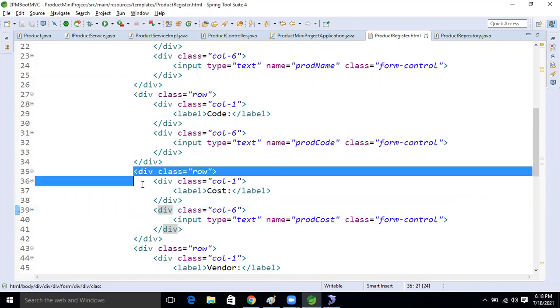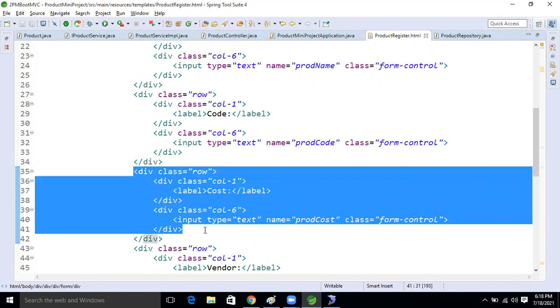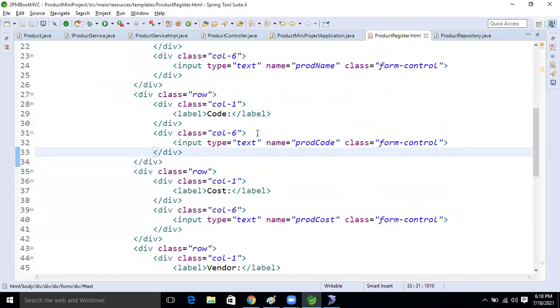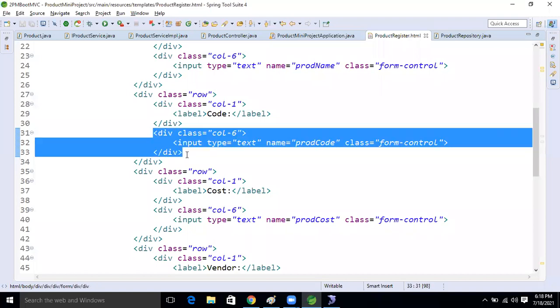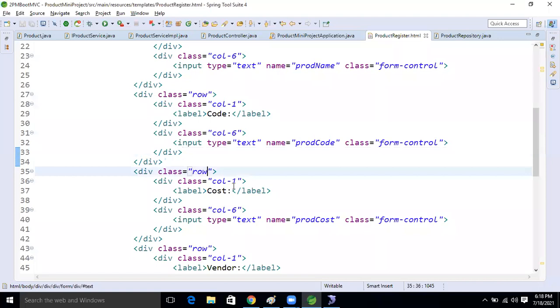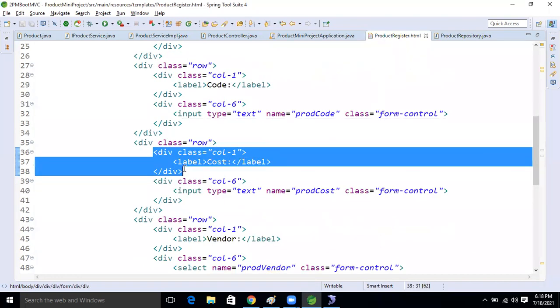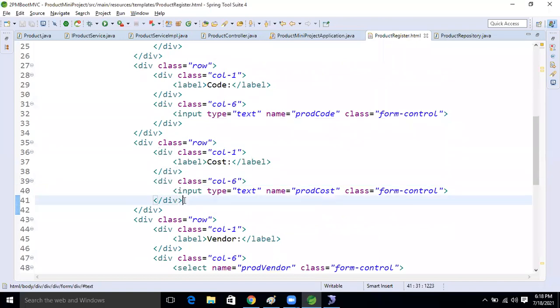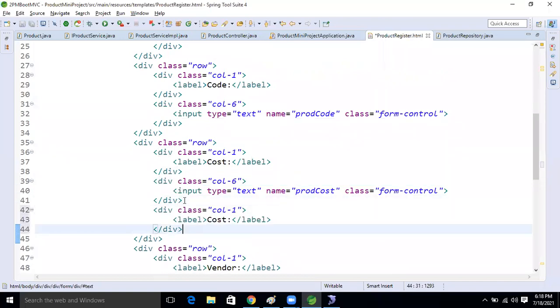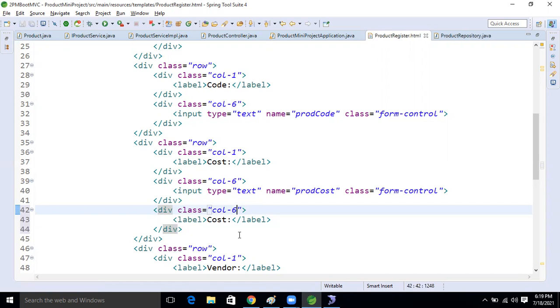Copy this one area, and come down and paste it here. Make this one 5 and 6, and make the other one also 6.